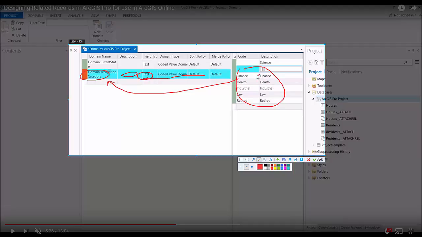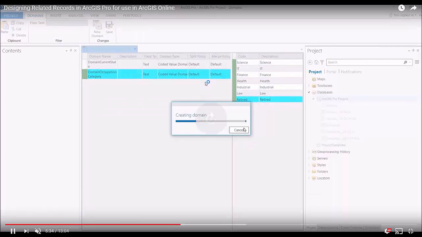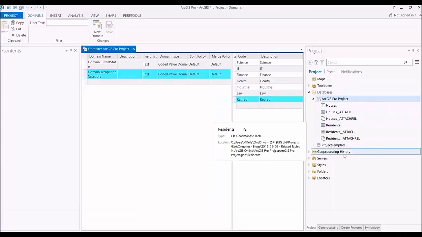Okay, make sure you do all of those. If you don't do all of those, you cannot save the domain. Then once everything is done, just save it, and you're good to go. So after this is done, you can pull up the